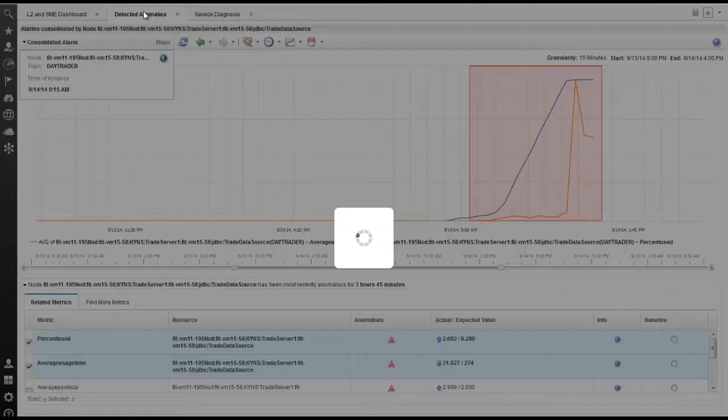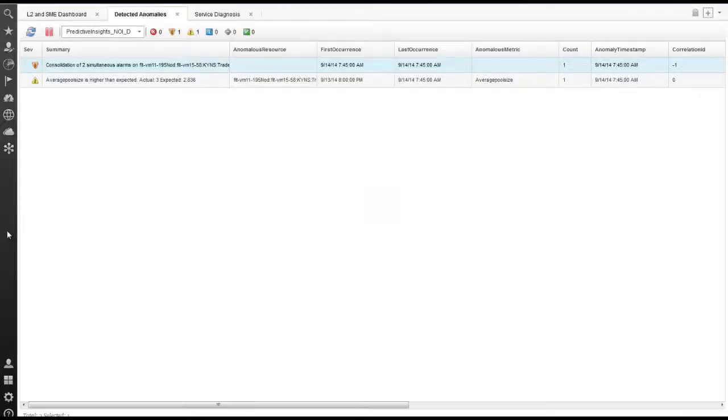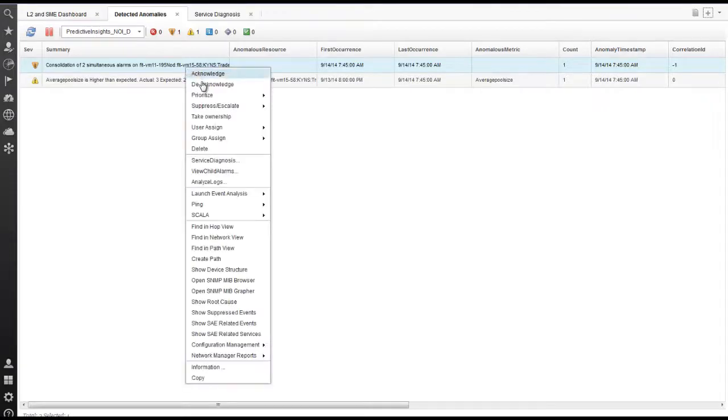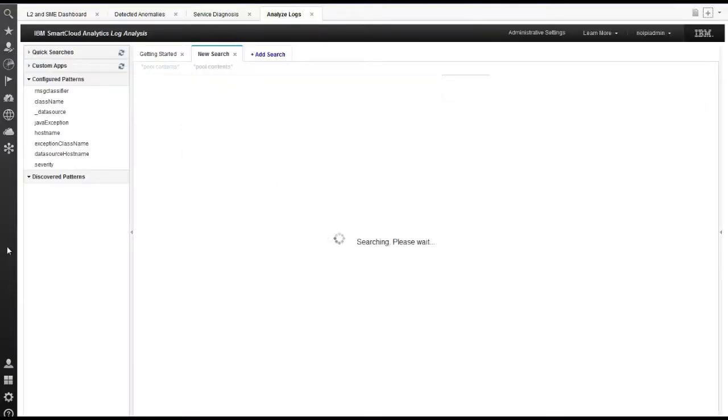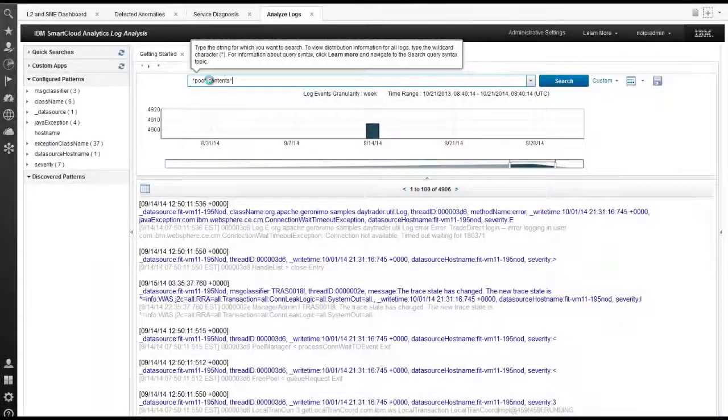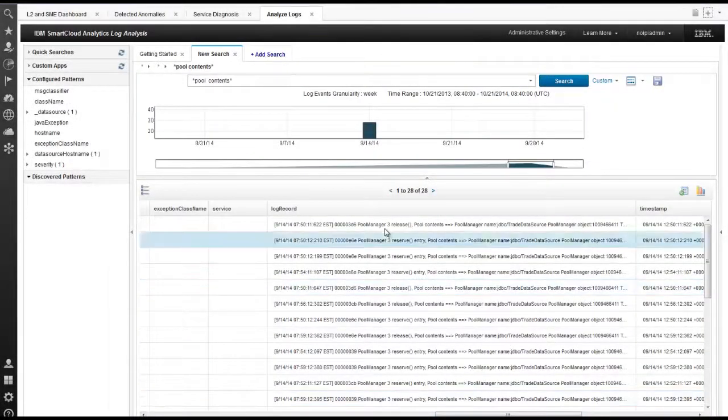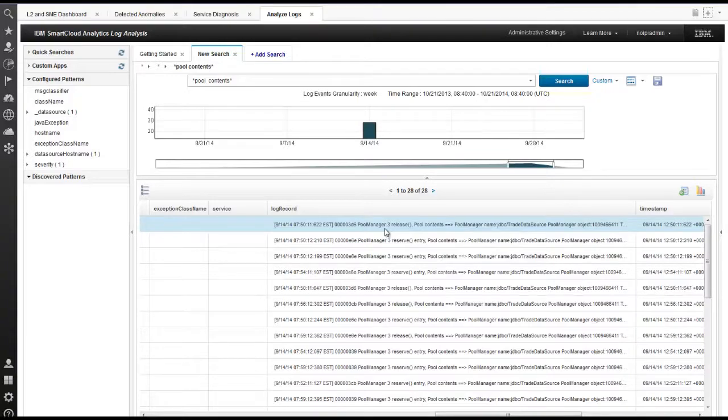The next step is to investigate what is causing this issue. The WebSphere trace logs are already being streamed to Log Analysis, which indexes and annotates it automatically so that it is ready to be searched. This can be launched directly with a single click. The percentage used metric is captured in the anomaly, and this is being configured to launch the search with the term pool contents. The operator looks at the results of the search and sees in the log record that there